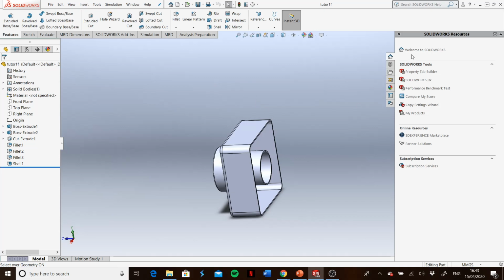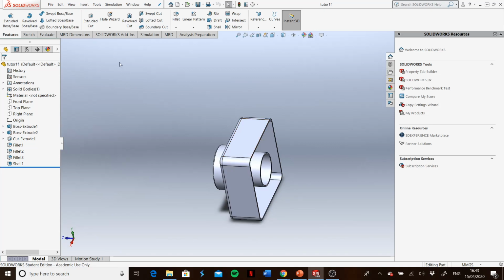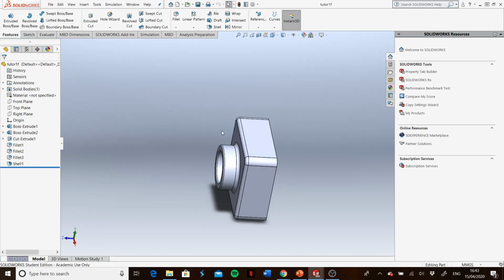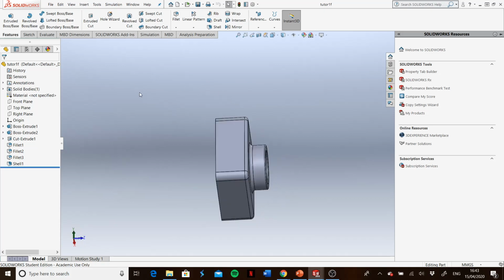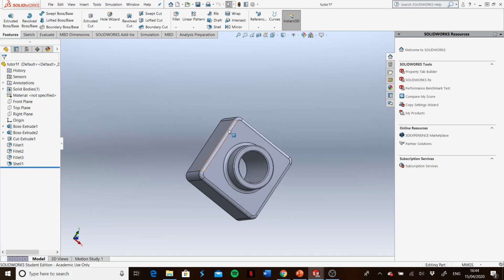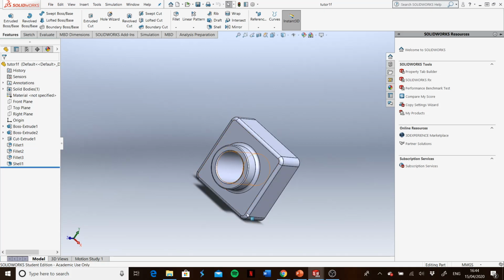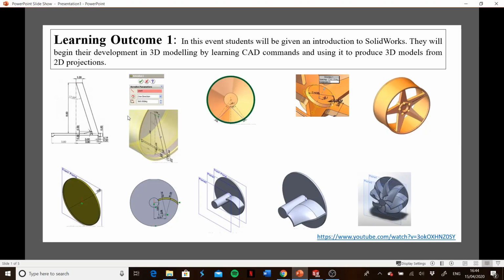It gives them a step-by-step guide on how to complete it, but the teacher will be guiding them through, demonstrating it through the projector inside the lab, showing the basics, like basic commands of SolidWorks: sketching the planes, extruding, cutting, filleting, all of these, helping the student. Then as they do tutorial 1 to 3, they will be moving on to more practical